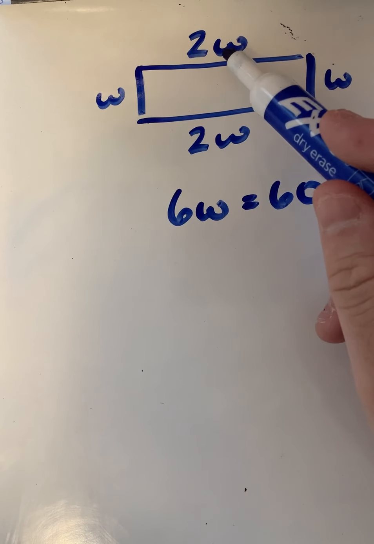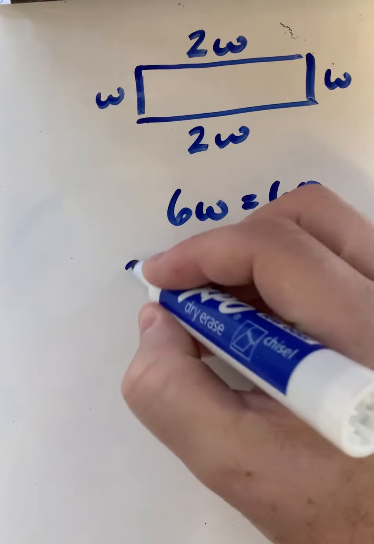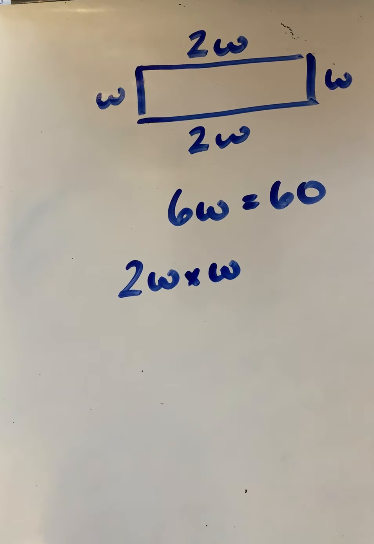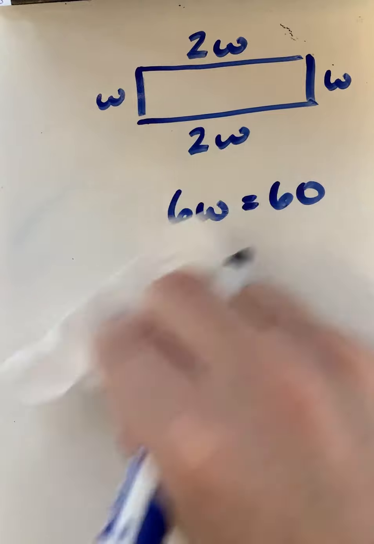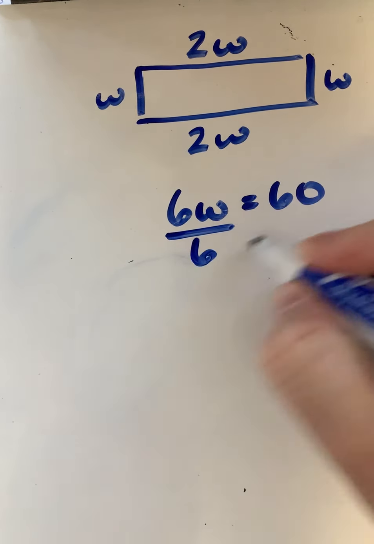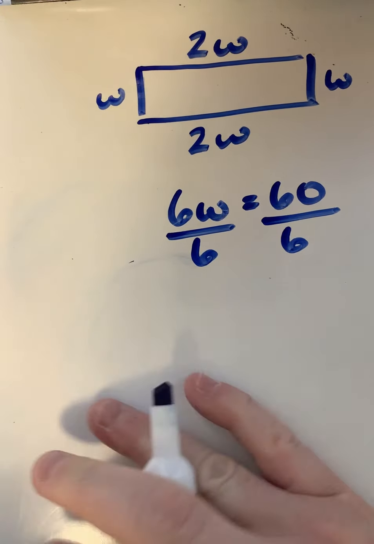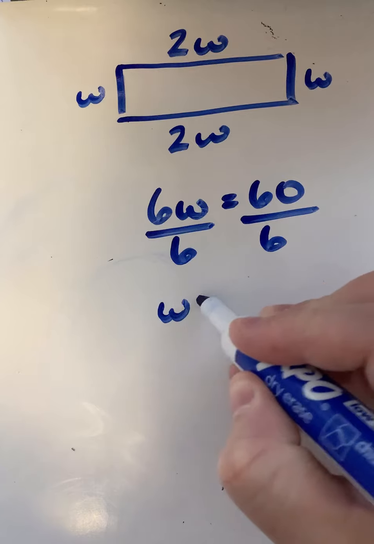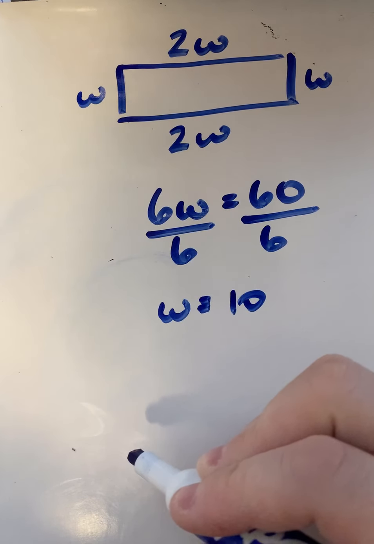So the length is 2W times the width. If I know that the perimeter is 60, then I'm going to divide by 6, sorry guys, and I'm going to find out that the width is 10. So if I know that